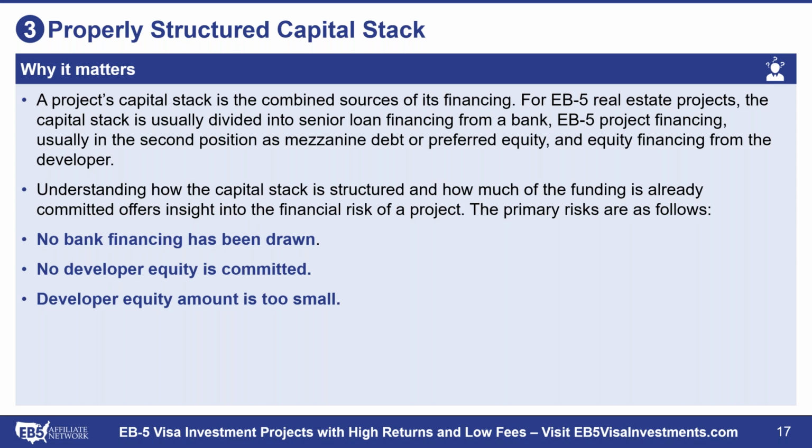So in terms of the capital stack, you can be very creative with capital stacks in real estate development projects and other projects that qualify for EB-5, but typically it's a combination of senior financing, EB-5 debt financing, equity of some kind. Maybe there's preferred equity and common equity. Additionally, you can have tax incentives and other government public-private partnership type funding that fits into the deal. So lots of different ways that a deal can be structured, and it all has to fit together to make